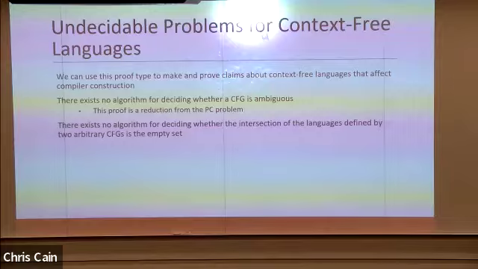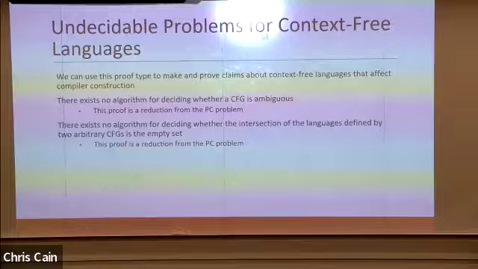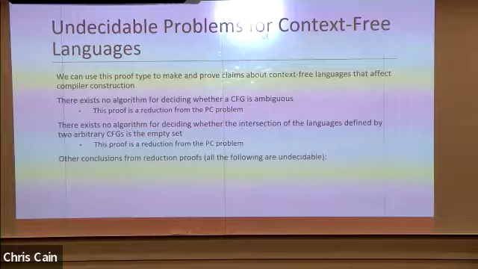On the other hand, how do we answer yes, it's the empty set? We would only have shown so far that there's no overlap between these two languages among the strings we have generated, unless we enumerated all strings that these grammars could produce. This is also a reduction from the post-correspondence problem. Rather than going into more detail, here are some other conclusions from reduction proofs.